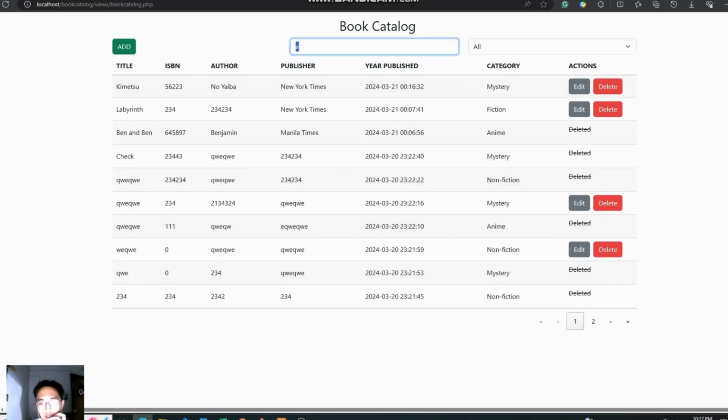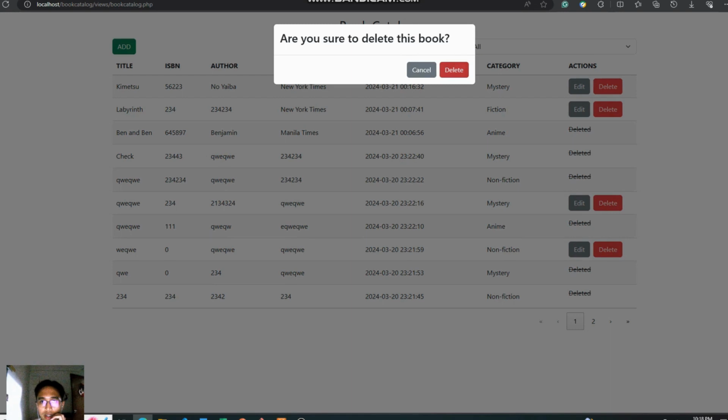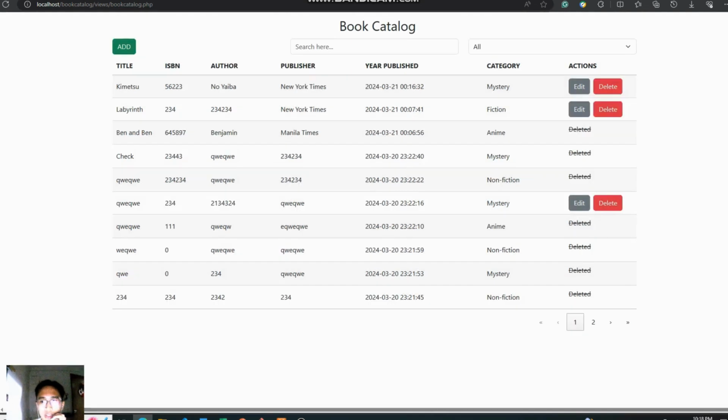So that is how the condition works. Now let's try to delete one, for example this one, WQS, and I click delete. It is deleted successfully and automatically changes here through the use of Ajax. That is the power of Ajax: refreshing the table or a certain part of the website without actually refreshing the entire page. So very useful. Lots of big tech companies are still using it.